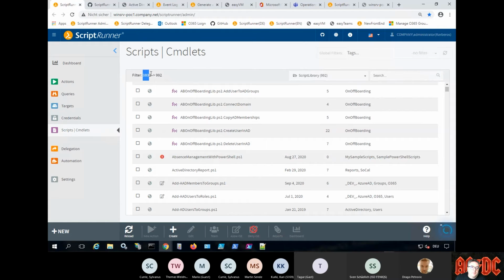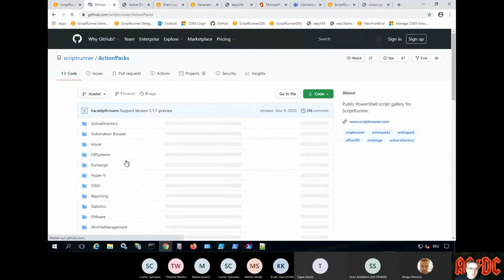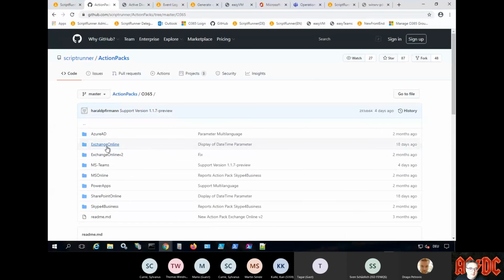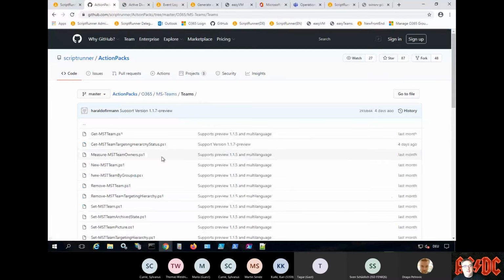And you can see I have 1,000 something scripts, and most of them I didn't write myself, because, well, I'm lazy. And reason number two is we have what we call action packs on GitHub, and these are hundreds of ready-to-use scripts. So if you go to github.com/scriptrunner, there is this section called Action Packs, and here you can see, for many different platforms, many different use cases, ready-to-use scripts, which number one, maybe depending on where you